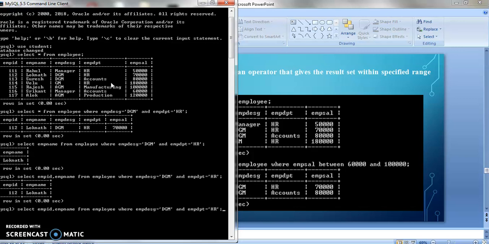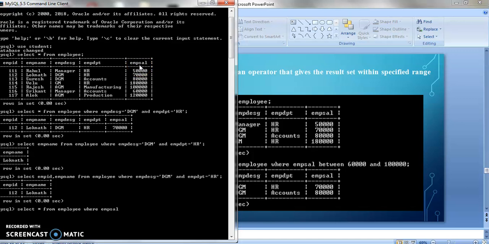Okay, so what is that? So I will write select star from employee where, I want those records whose salary is between 1 lakh and 2 lakh. For salary I am having the column employee salary, EMP SAL.